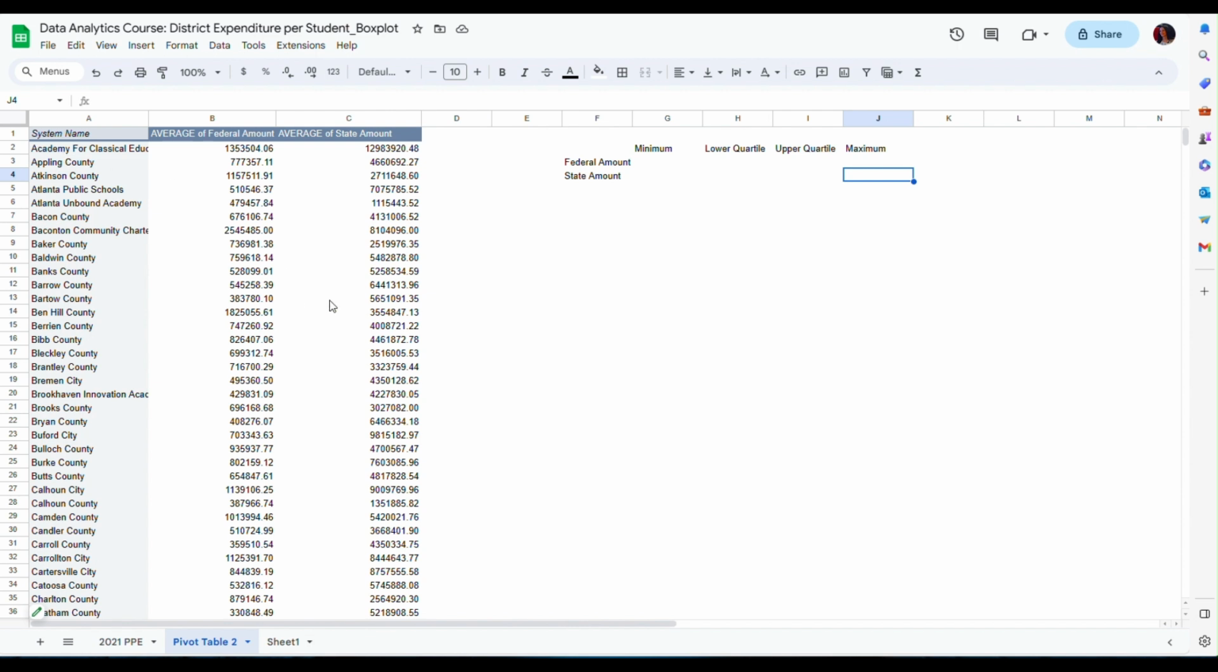And as I mentioned before, if I want to create a box plot to illustrate the distribution of these numbers, I have to first find some summary statistics. Specifically, for the box plot, I need the minimum, the lower quartile, the upper quartile, and the maximum values. And just to save some time, I've already typed these in here, but I'm going to just show you quickly